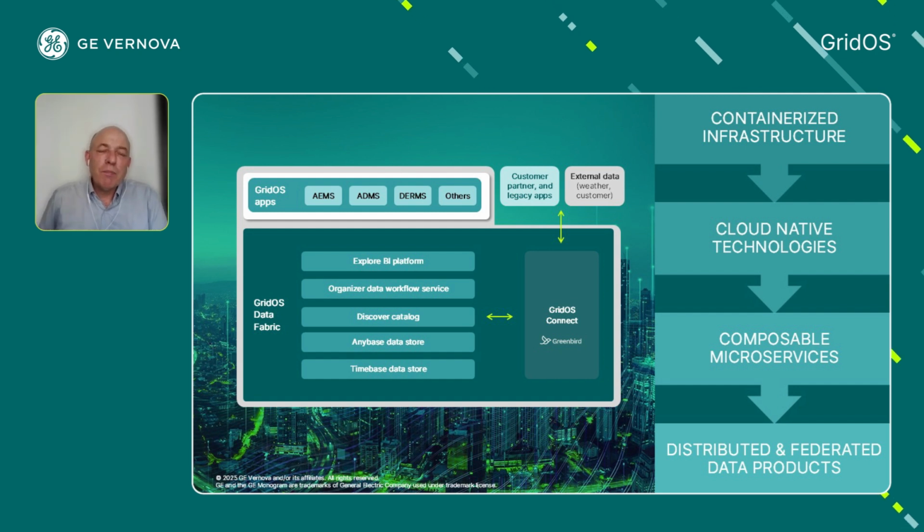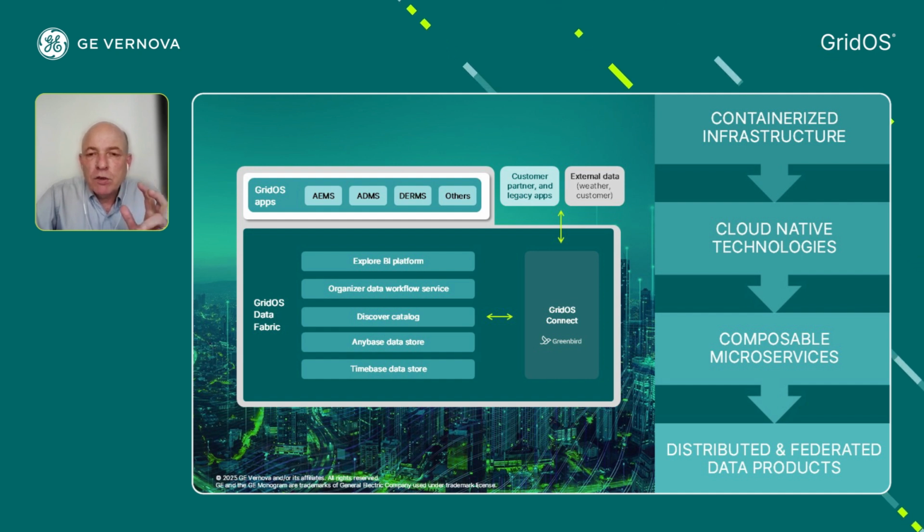Yes. That's important as well. I guess that touches on what's on the right-hand side of that slide a little bit, in the way that the GridOS Data Fabric is deployed as a solution, and the fact that it is a containerized infrastructure using cloud-native technologies that can be deployed on-premise and/or in the cloud, in your OT environments